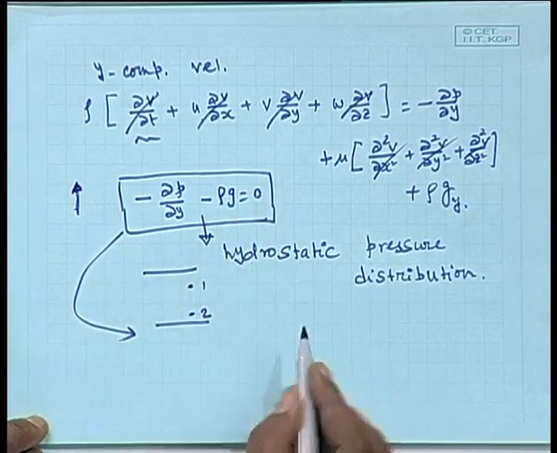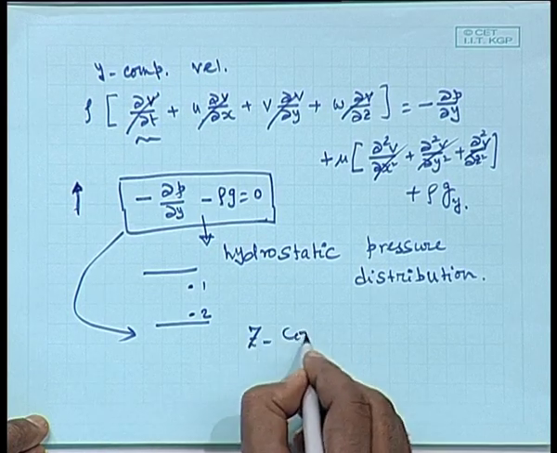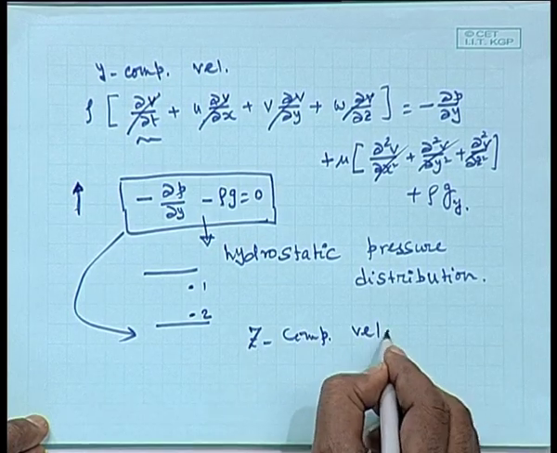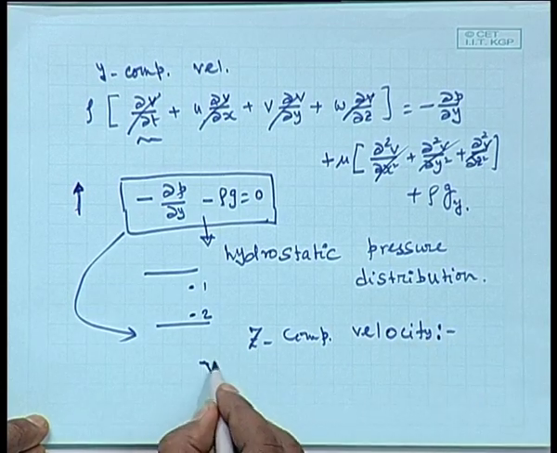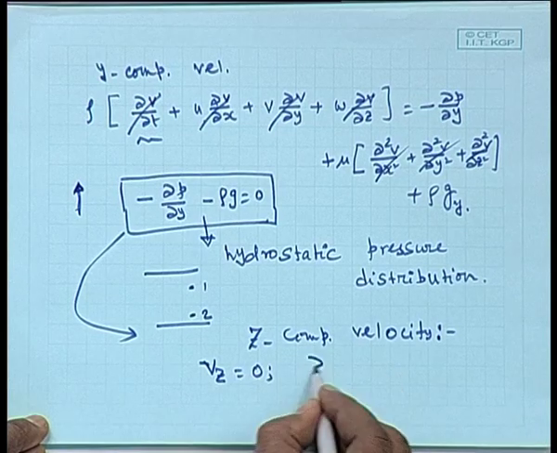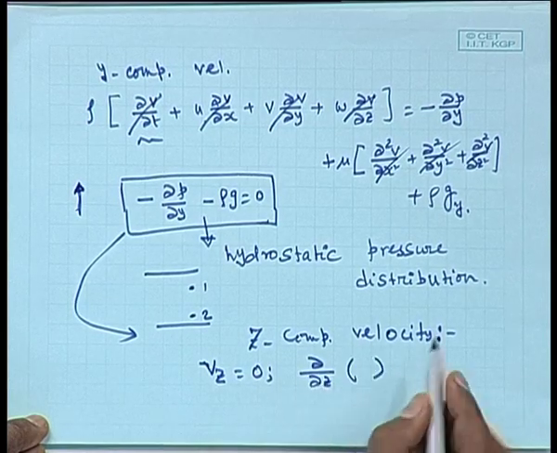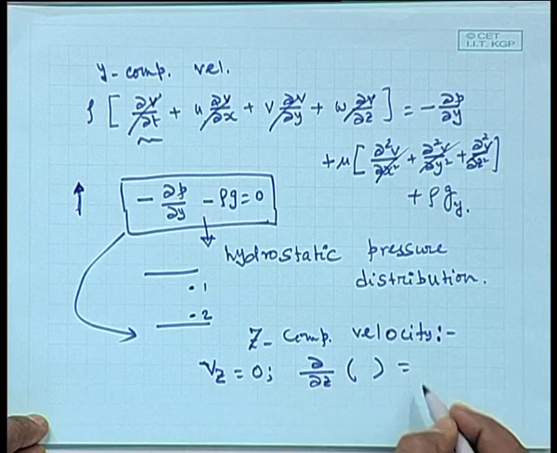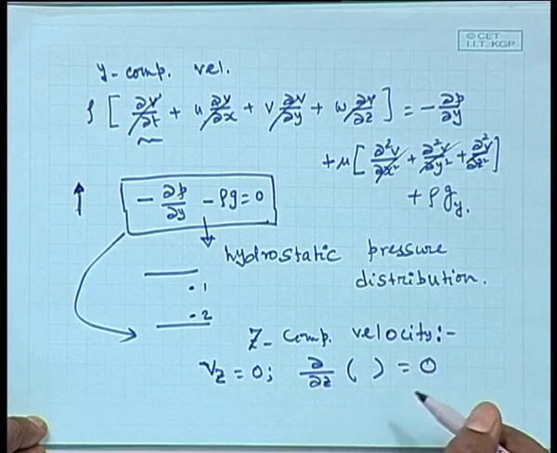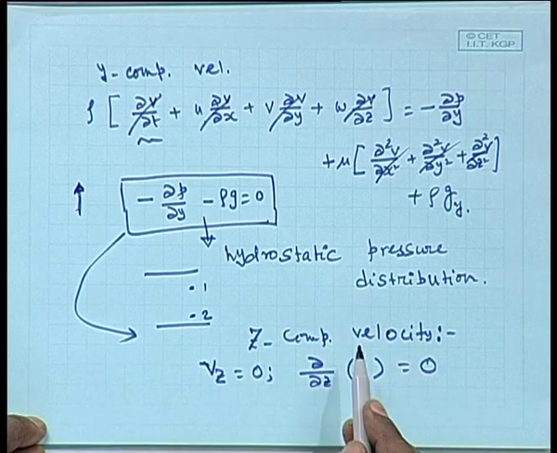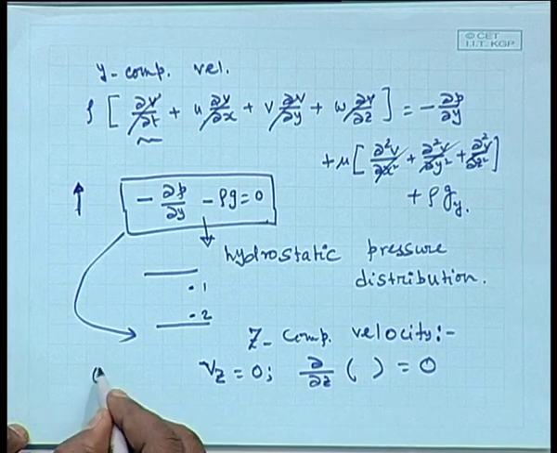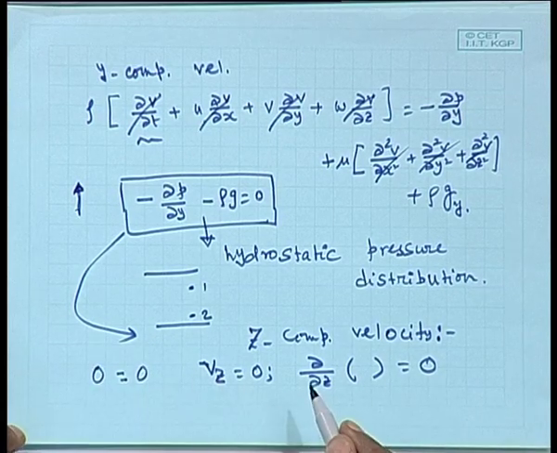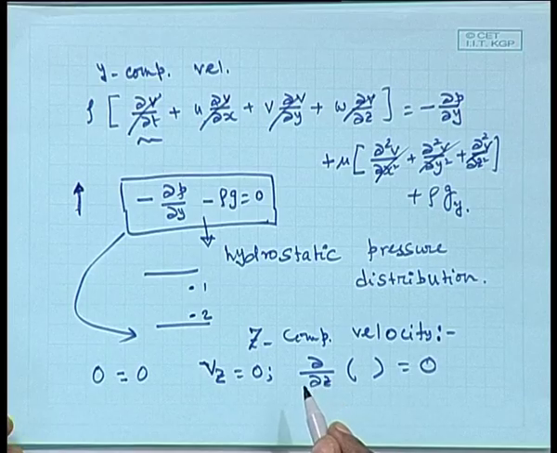Okay, this is fine. Now, if you write down the z component velocity, since V_z is 0 and variation of any quantity with respect to the z direction is negligible, this will also be equal to 0. So, if you write down and simplify the equation of motion in the z direction, you will get an identity, 0 equal to 0. So, no new information will be obtained from writing the z component equation of motion.